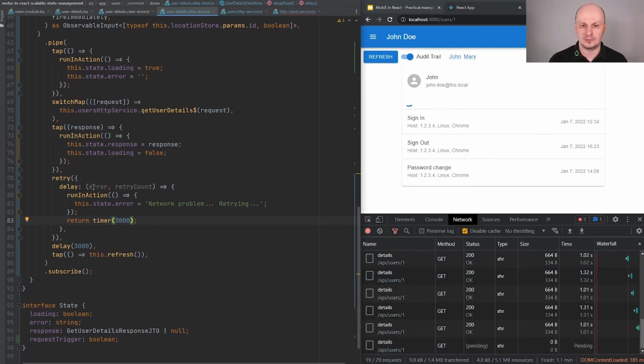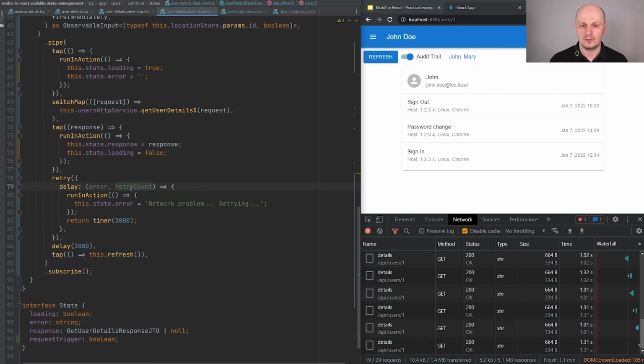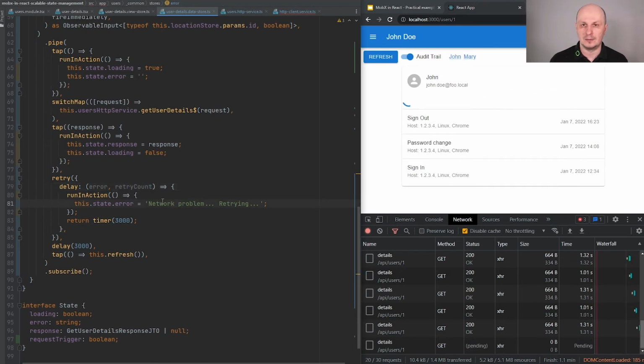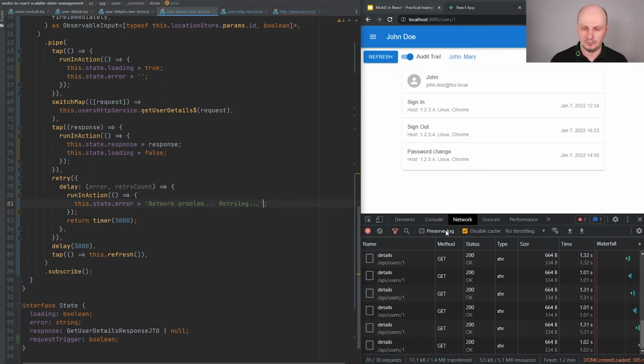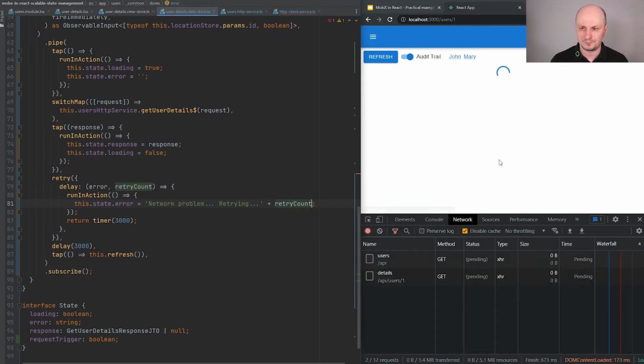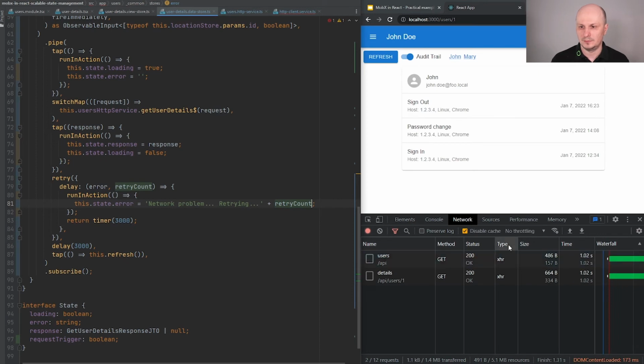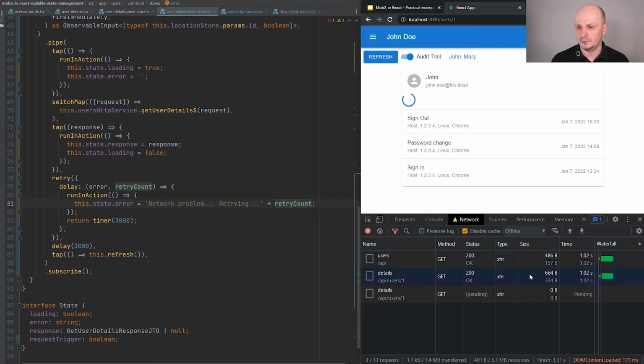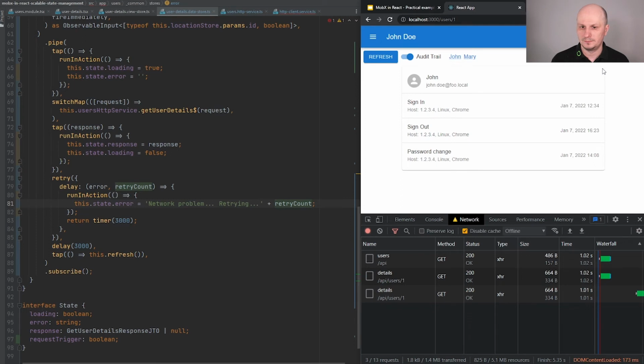You have access to the backend error. You have access to the counter of retrying. For example, you can print it out to the user. So let me show you how it works.